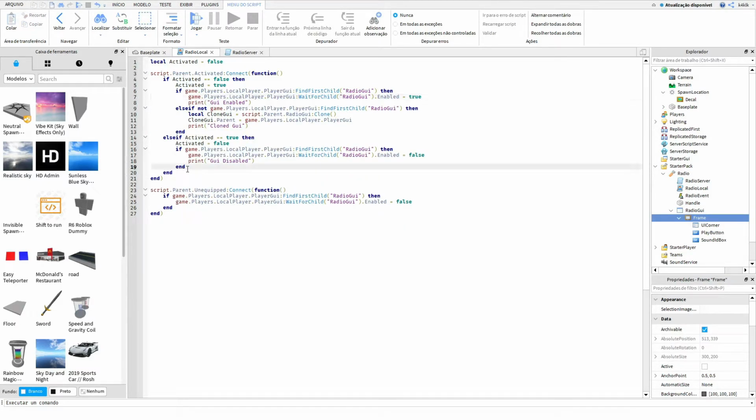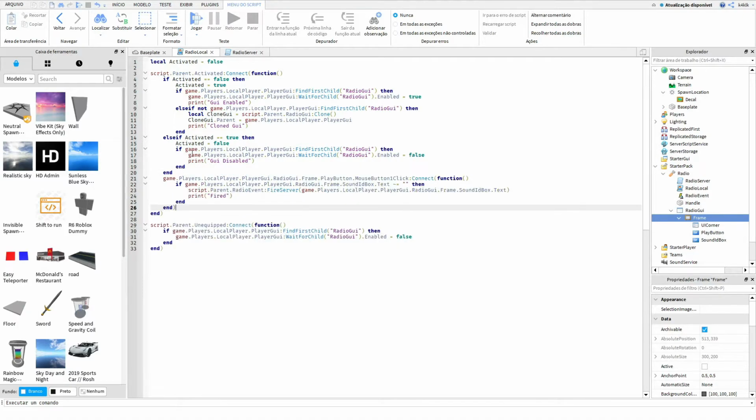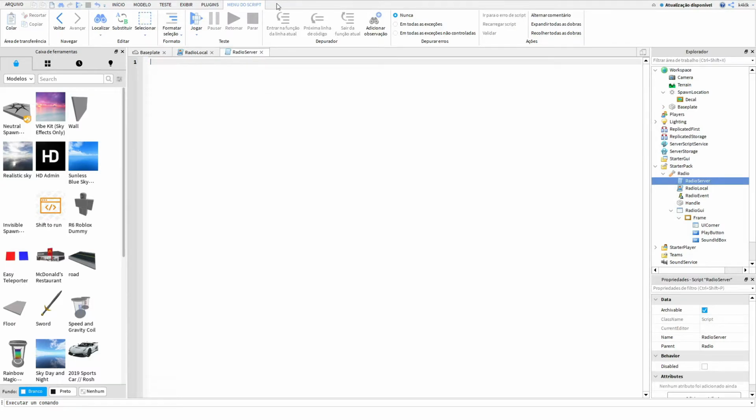Copy these lines over here and put it over here. Yes, okay. Okay, let's go back to the server here. So do script.parent.radio event dot on server event connect function player, sounds id. So do if player and sounds id, then if the player and the sound id exists,